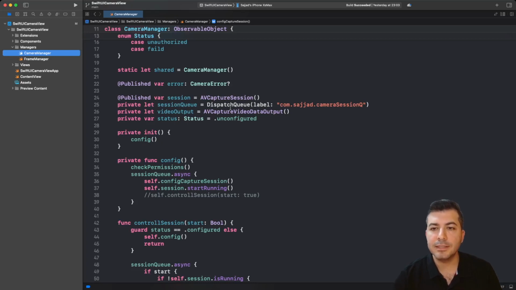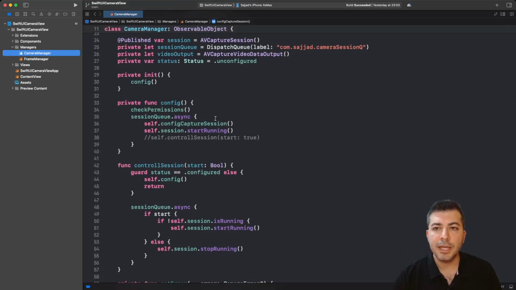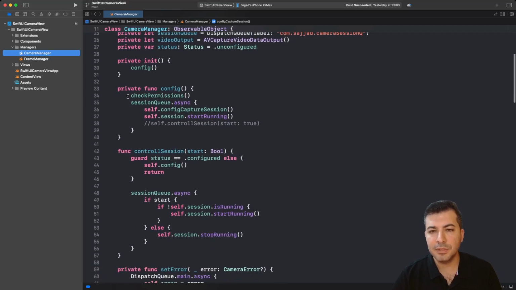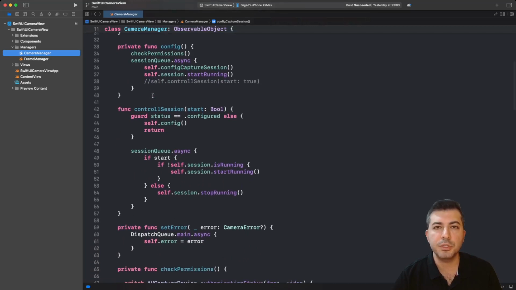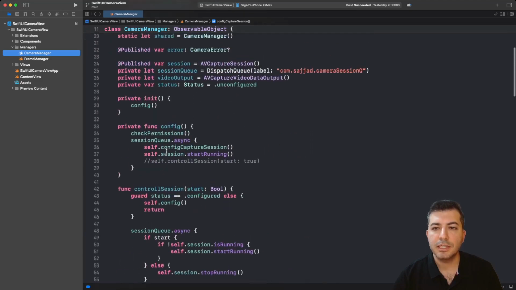As you can see, we define the session queue here, and when we start the session and configure it, we always use that thread. We first need the user's permission to access the camera, and when we do that, we suspend that queue because we are waiting for the user's response to give us the authorization. As soon as the user authorizes the request for camera access, we resume our queue to start the session